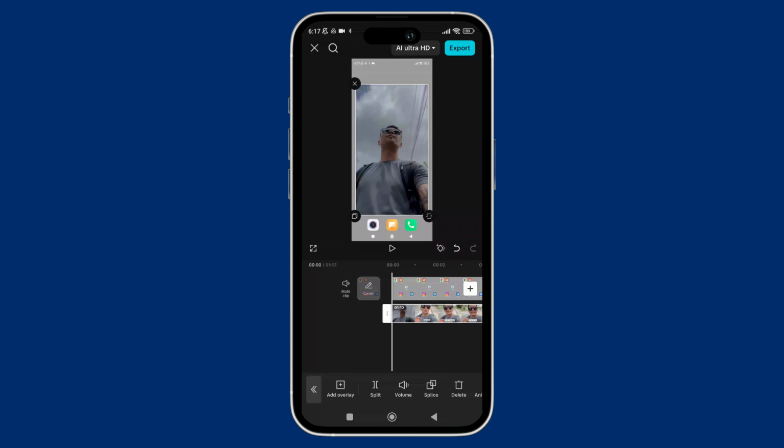Now you can just tap on the second video overlay and use resize and drag handles to position it. You can do side by side, top and bottom, or a custom corner layout, but make sure that both videos fit